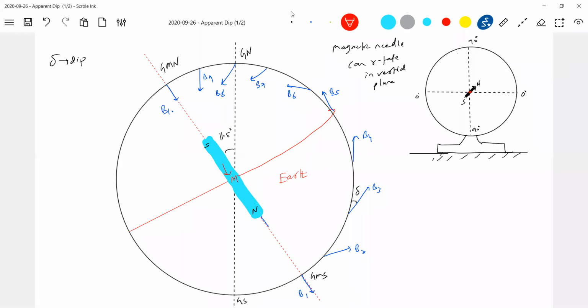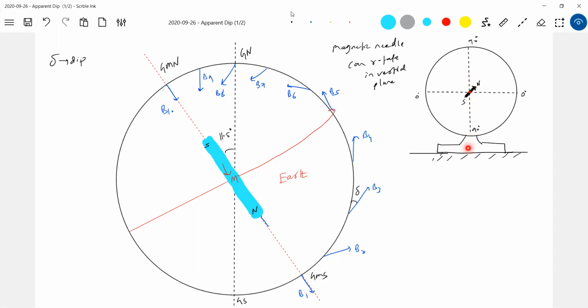No, this B1, B2, B3 will become some external field for this needle. And if any magnet is set free to rotate in a magnetic field, how will it align itself? It wants to be in stable equilibrium. Got the idea? So to be in stable equilibrium, what happens now? The dipole moment of this needle, how should it be? It should be in the direction of B1 bar. I'll put it in a simple statement. So torque due to dipole moment, there is a core idea which we are going to take help of here. So the magnetic dipole moment of the needle should be in the direction of B1 bar. So tell me how it will point. It will point towards this one, no? So actually it will align itself here.